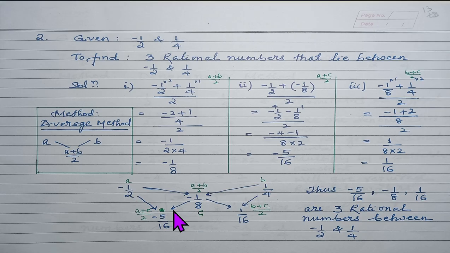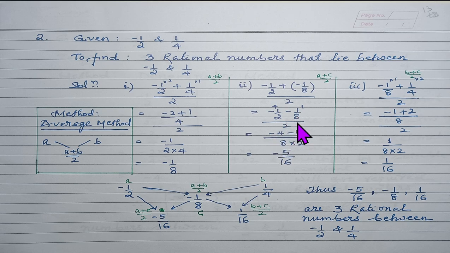A is minus half, C is 1 by 8. Add these 2 divided by 2. So minus half plus minus 1 by 8 divided by 2. Again 2 and 8, okay. Please understand here, 2 and 8, minus half and minus 1 by 8 divided by 2, and that will be,